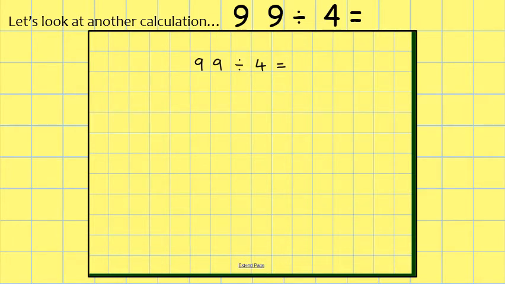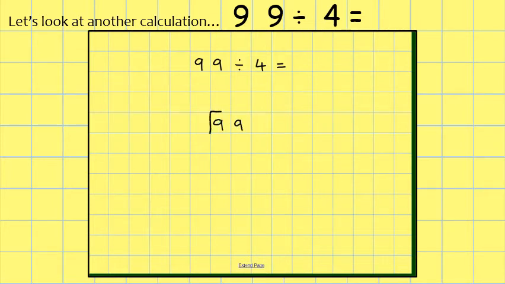Okay, still a times table that we should be able to work with. Have a little think about it now. What sort of number is 99? Is it odd or even? You got it, it's an odd number, isn't it? We're dividing it by an even number. So do you think there's going to be a remainder or not? No remainder from Summer here? Oh, somebody said there's going to be a remainder. Should we find out? Okay, so just because this number's got bigger, there's no reason why we can't solve it